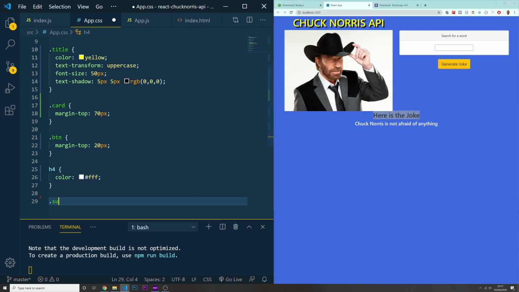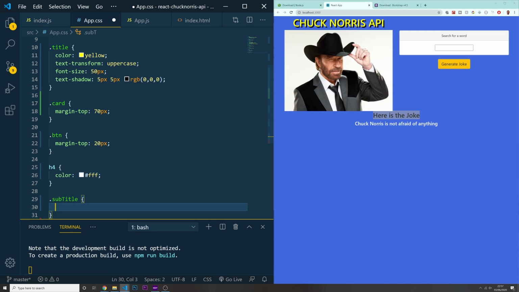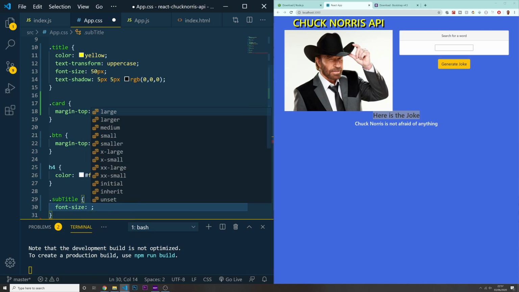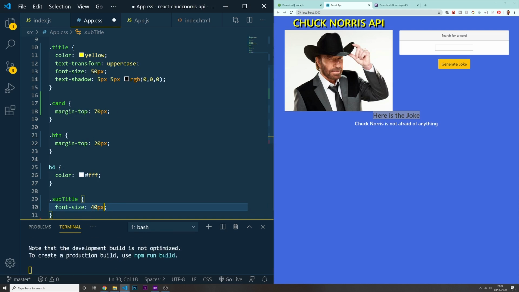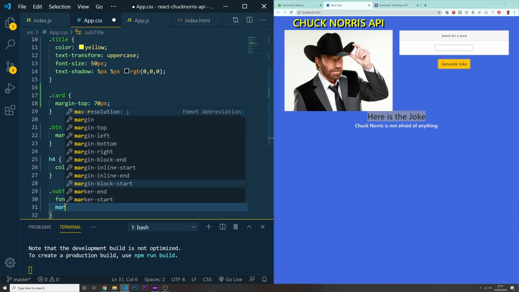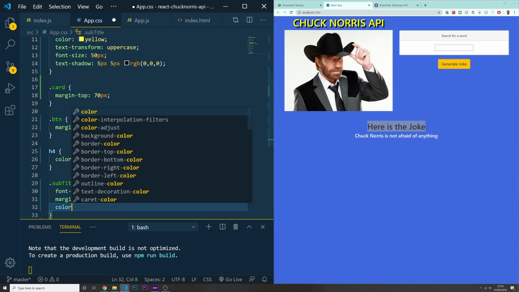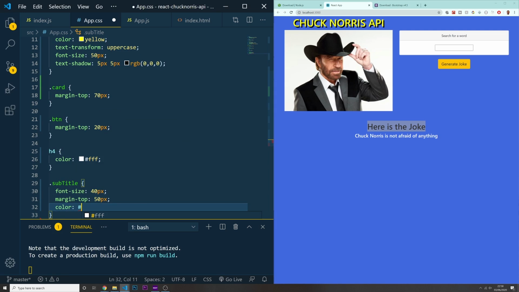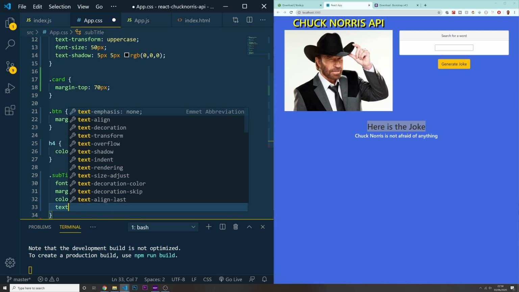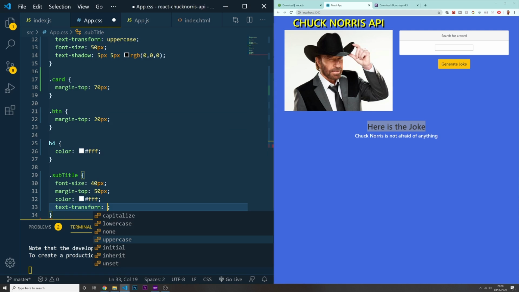So subtitle, this is the class that we have on that element. I want to increase the font size to be 40 pixels. I want the margin top to be 50 pixels as well. Look, it's away from the top 50 pixels. I want the color of it to be white as well. I want the text transform to be uppercase,